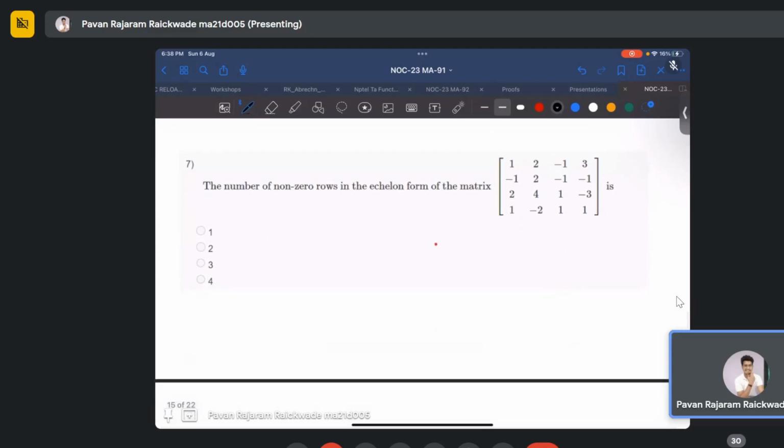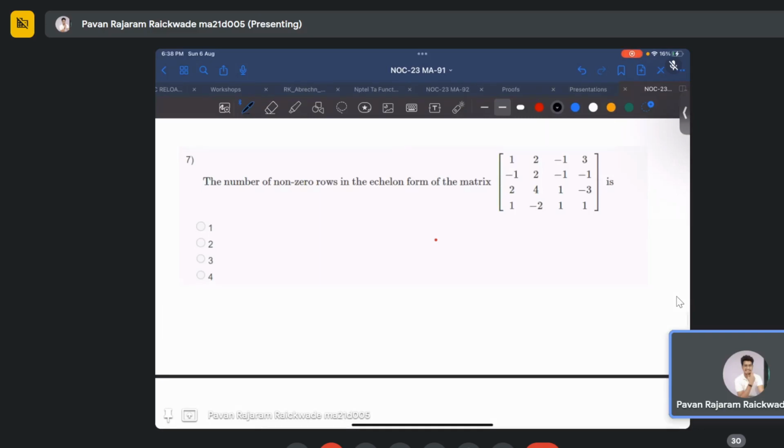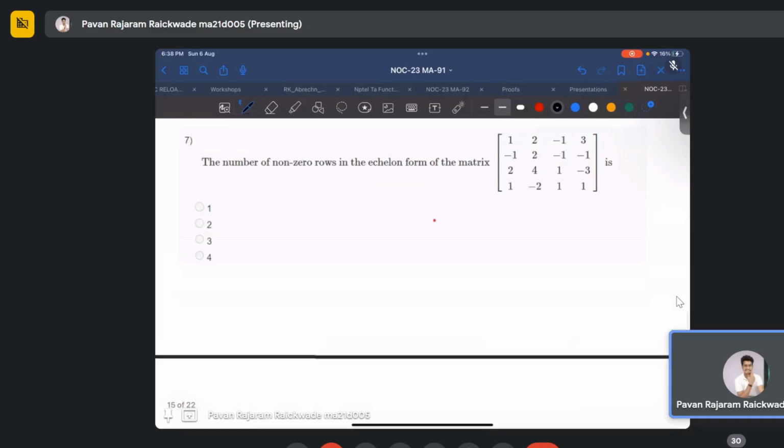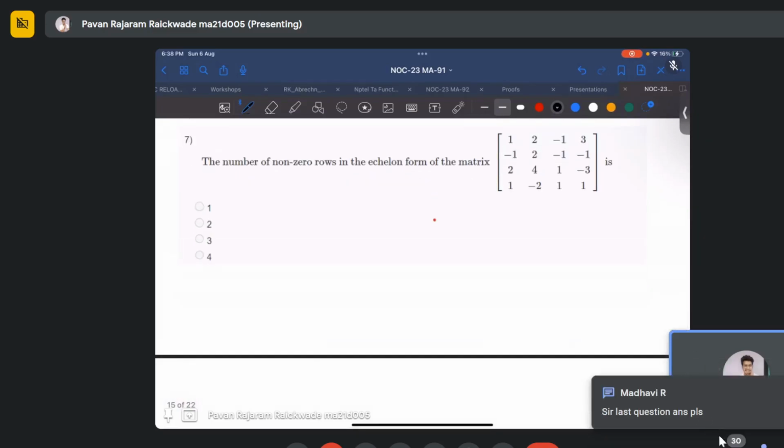Now, the number of non-zero rows in the equivalent form of this matrix is. This is a very methodological question. You just have to start, convert each row. I mean, you can convert this into standard row equivalent form and then see the number of non-zero rows. In fact, the number of non-zero rows will be the rank of the matrix. Yeah, this is a very easy question again. I will leave this for you as an exercise. I hope that's clear. If anyone has any doubts in this,